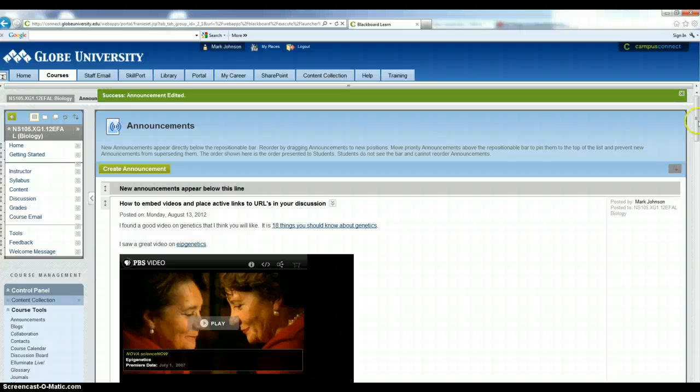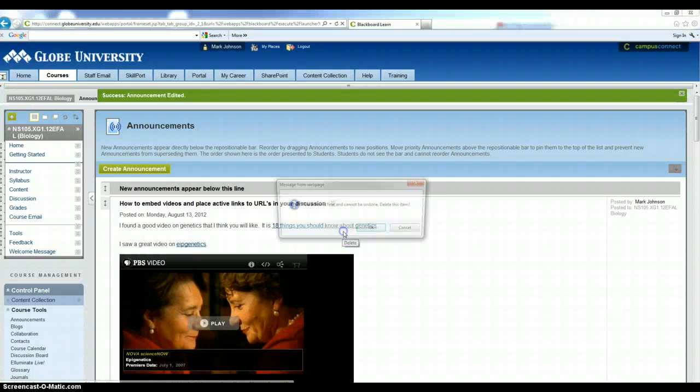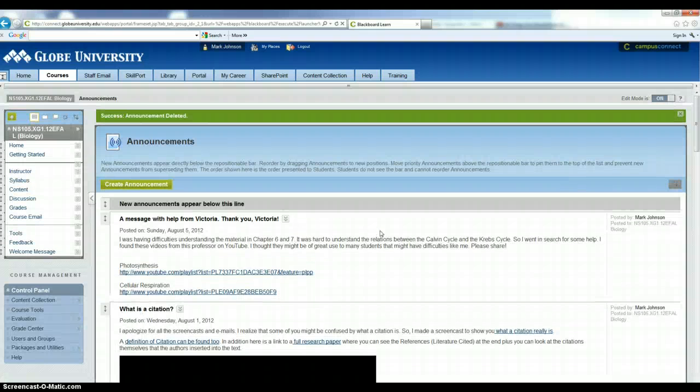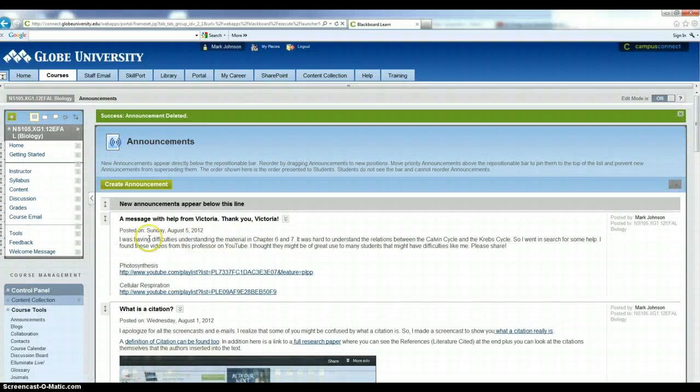So now what I'm going to do is I'm going to get rid of this whole thing, create announcement, and I'm going to delete it. Bam, it's gone. And I'm going to put it back in, but I'm going to put in the screencast, okay? In the screencast,